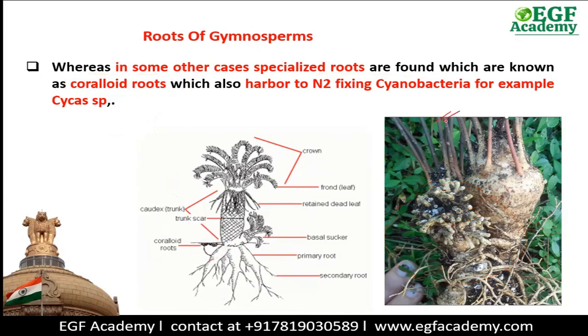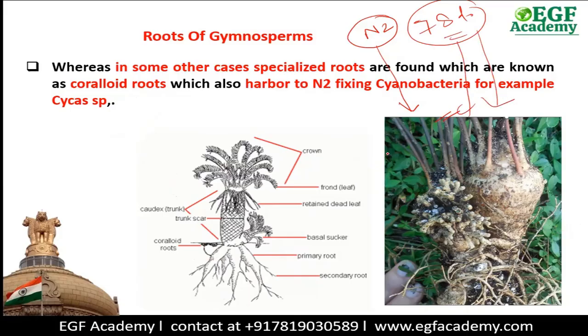So you must know plants are not able to directly absorb the atmospheric nitrogen. In the atmosphere, approximately 78% of nitrogen is present, but plants cannot absorb this nitrogen directly. They need nitrogen in a certain form. They require nitrogen in the form of nitrate or nitrite. Plants can absorb nitrogen in the form of only nitrate or nitrite.